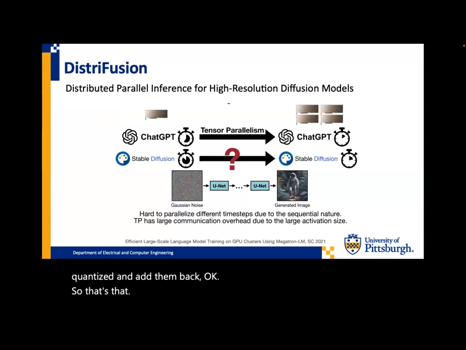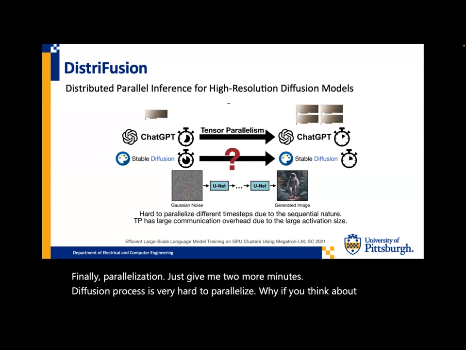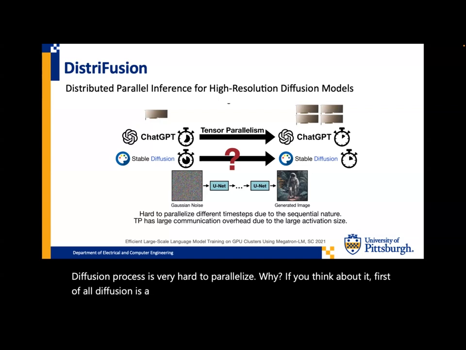Finally, parallelization. Just give me 2 more minutes. So the diffusion process is very hard to parallelize. Why? If you think about it, first of all, diffusion is a step-by-step process. It's a sequential process. Two, the diffusion works on a whole image. If the image is big,